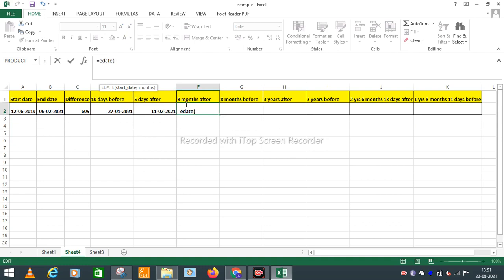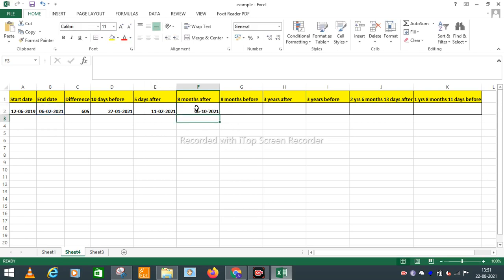I want to get the date 8 months after this end date. So I first select the end date, the date from which I want to get the 8 months after date, comma, followed by 8. In this case we use a function, so we don't need to write plus 8 or minus 8, we just use comma 8. Then we press enter.